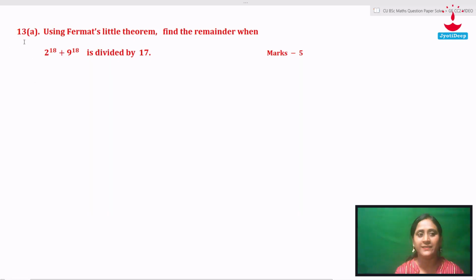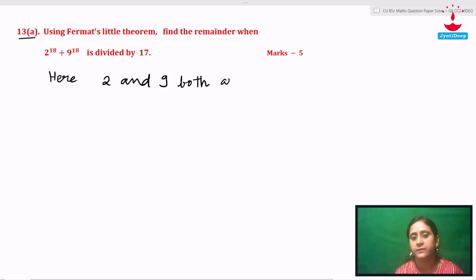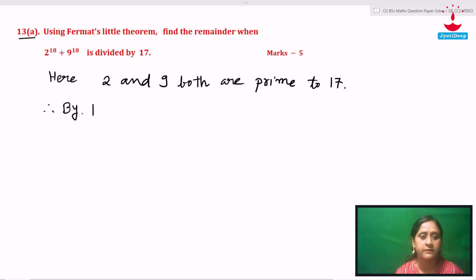Question number 13a. Using Fermat's little theorem, find the remainder when 2 to the power 18 plus 9 to the power 18 is divided by 17. Okay. Here 2 and 9 both are prime to 17. So by Fermat's theorem,